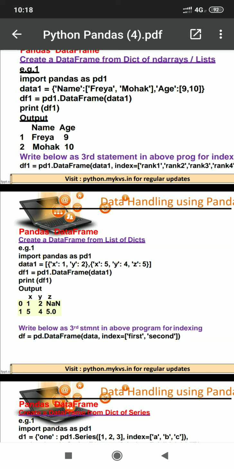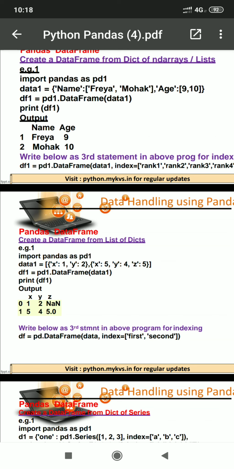Then the next row is again created with columns X and Y, their values are 5 and 4, and one additional column Z is created which is not in the first row. So in the Z column and second row there will be a value, but in the first row, because there is no value, it will display NaN.